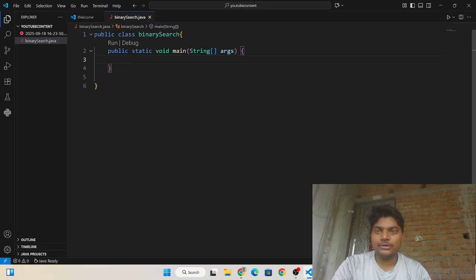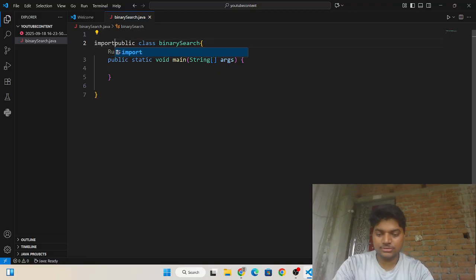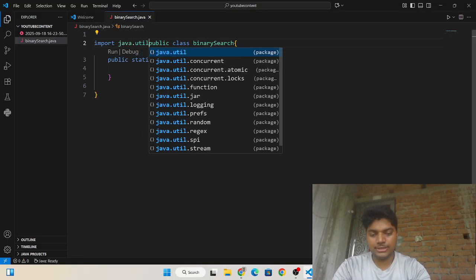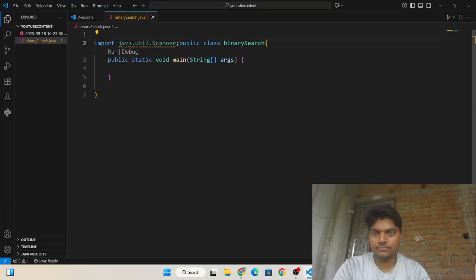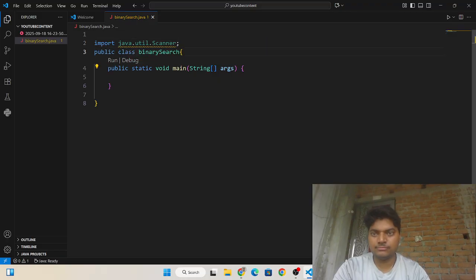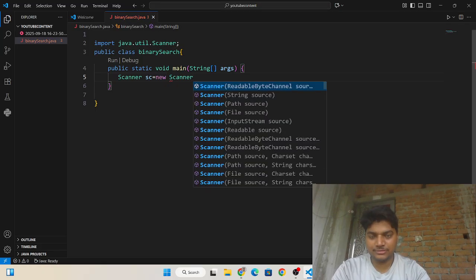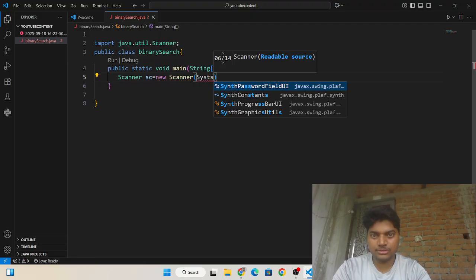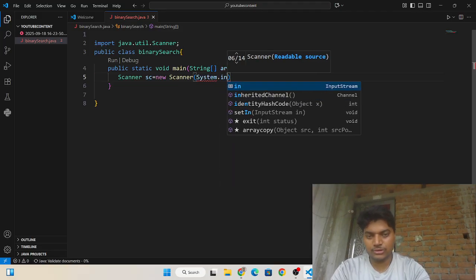I'm going to insert a scanner class for taking user input, so I need to write import java dot util dot Scanner. Now I'm going to make an object for the scanner class: Scanner sc equals new Scanner(System.in).